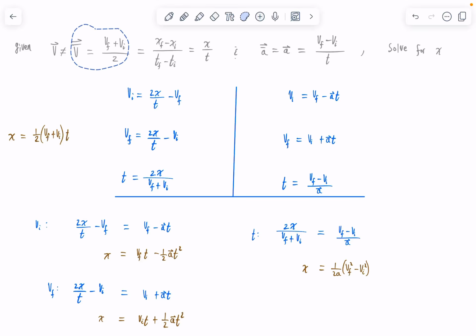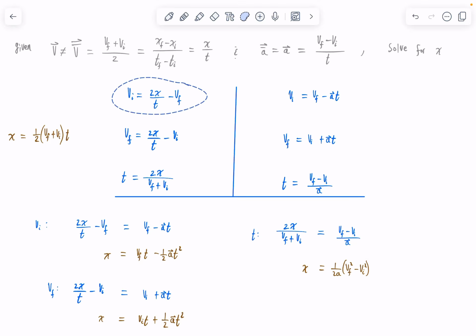Given that the average velocity is equal to the change in position over change in time, if we let x equal change in position and t equal change in time, we can solve for each variable. So starting with the initial velocity, we get this. So we have to multiply 2 in the x, and then divide by t, and then subtract the vf to